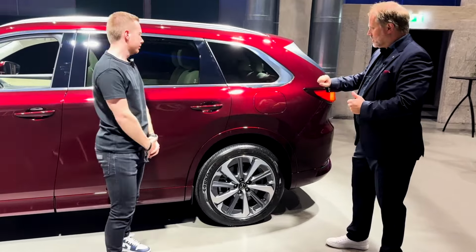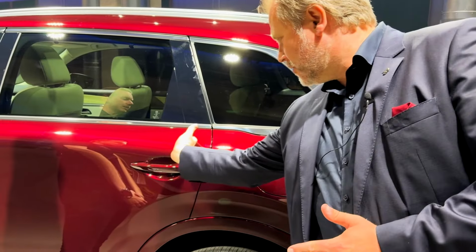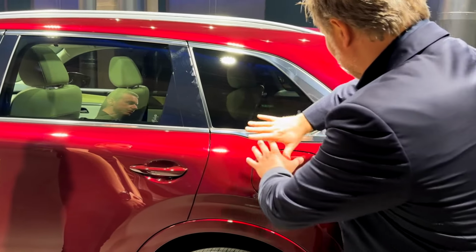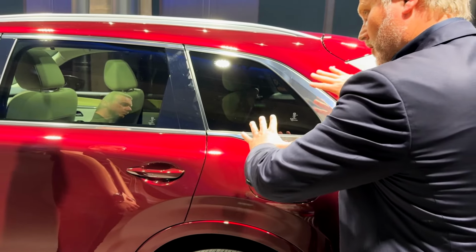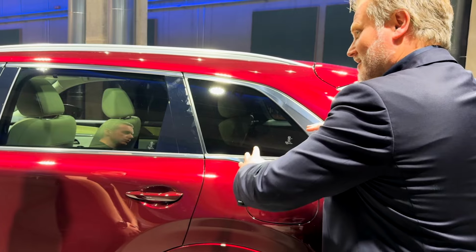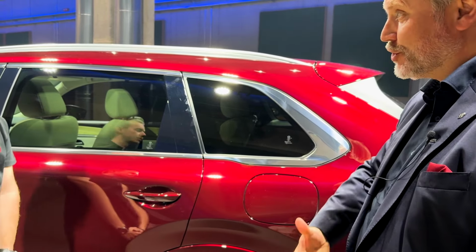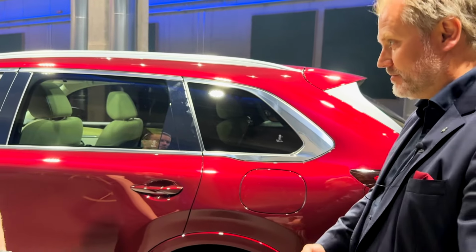Because on the CX-60, to explain it very simply, the window basically goes up to here and then goes in this direction, which puts a lot of, let's say, body visible and less window, which gives visual weight on the rear wheels. That basically makes a car more sporty, more posed on the ground,